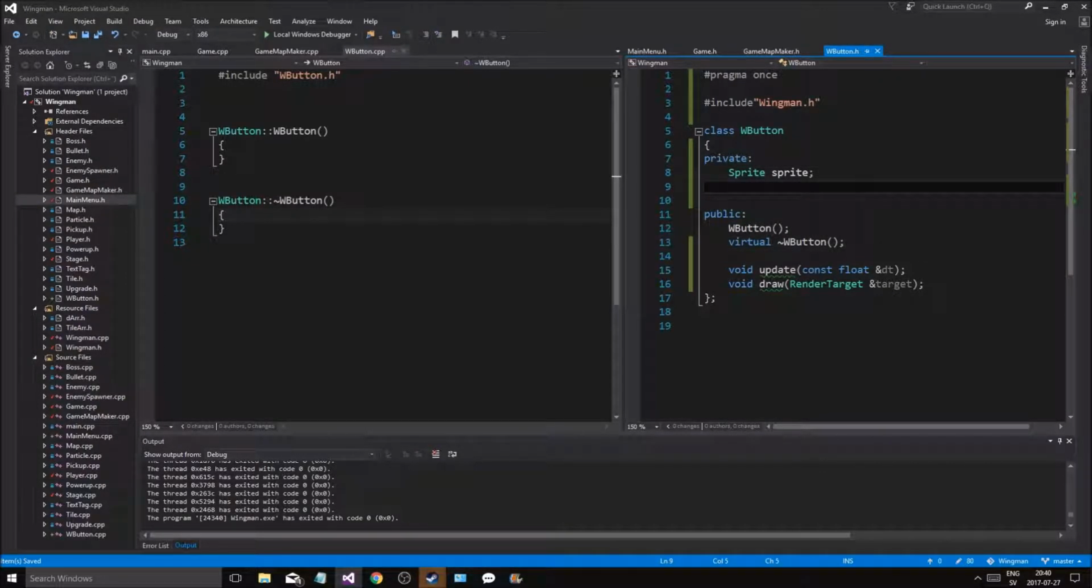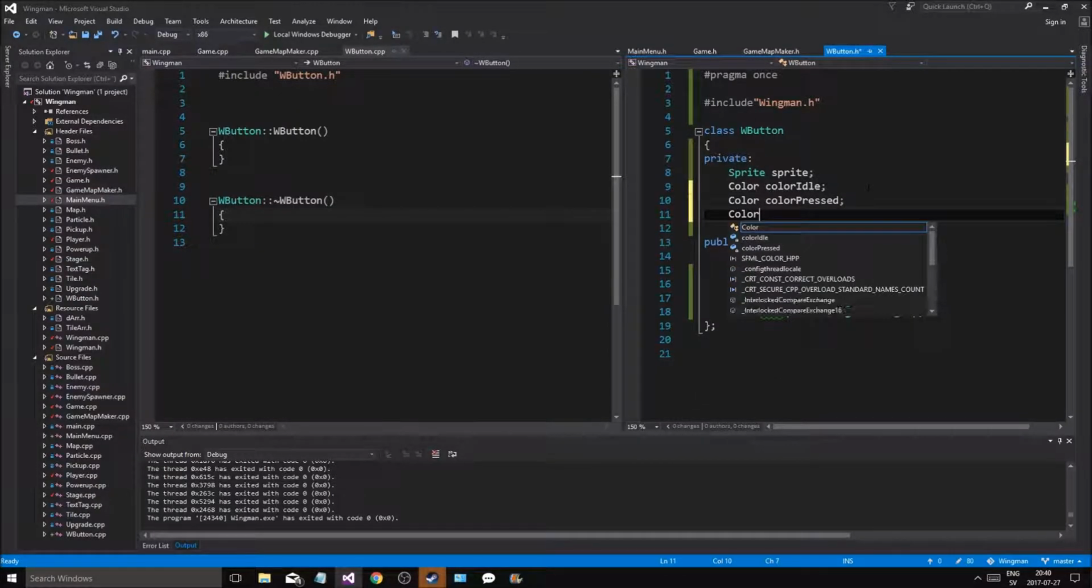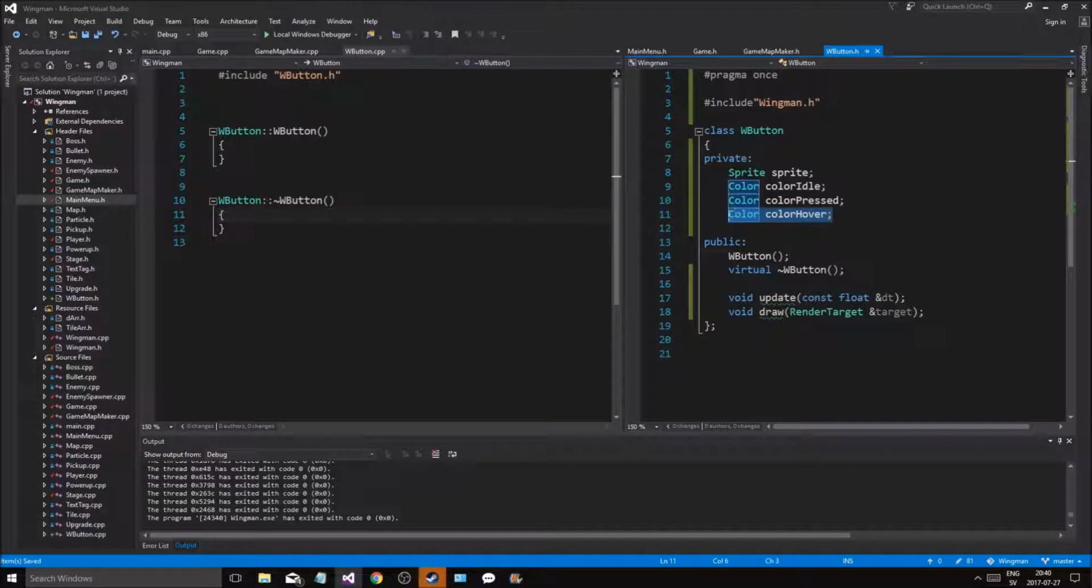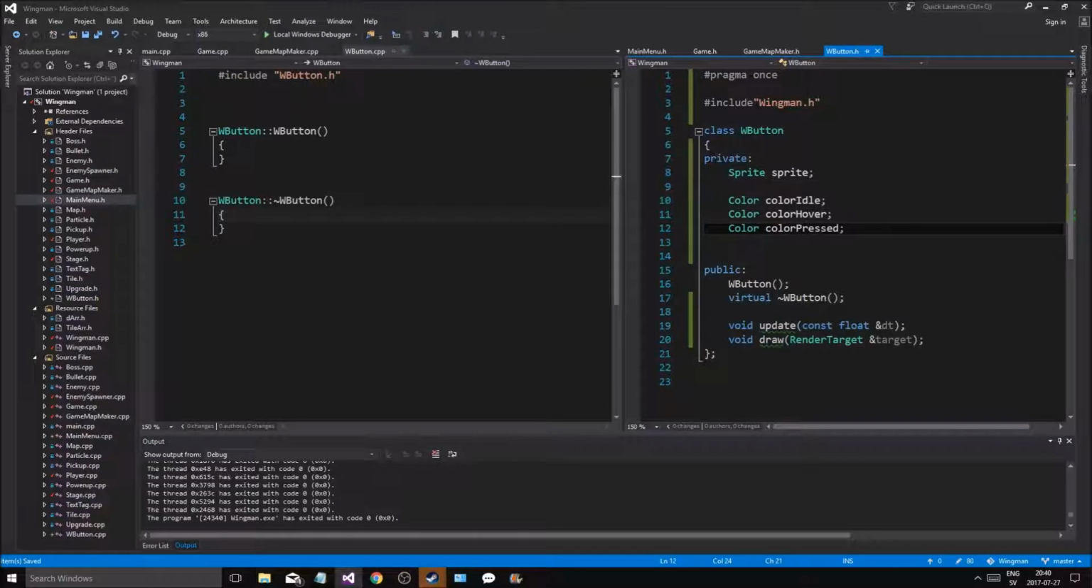We need to have 3 different colors: idle, hover, pressed. Color idle, color pressed, color hover. So I need these. This is like between that, so we'll do that. We'll have 3 colors, and then